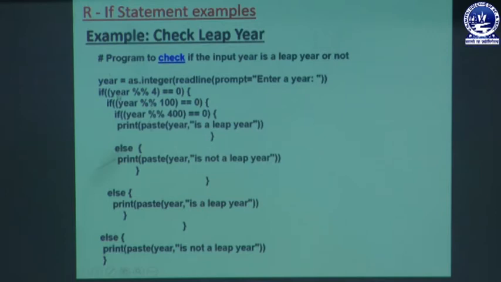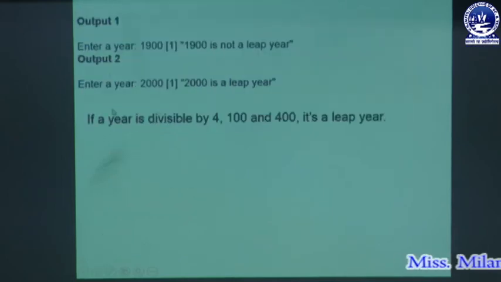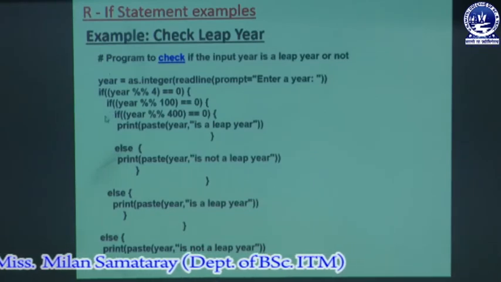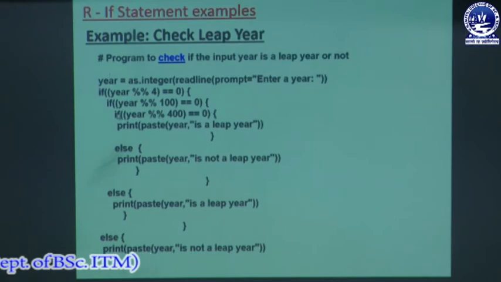So here you can see this if statement contains one condition, and this if statement contains another condition, here is another, and this else statement is within this. It is coming under this if, that means this else is for this if, and this is the closing brace of this second if statement, and then this is the second else statement for the second if statement, and then this is another else statement, an else statement for the first if.